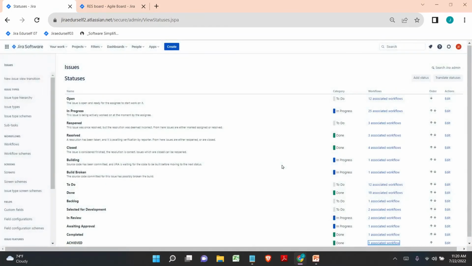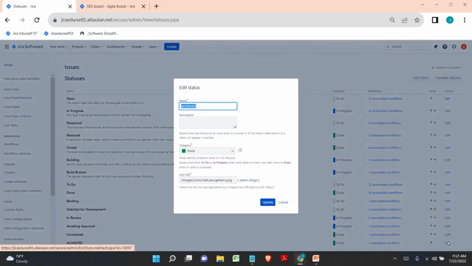And then if we would like to order the workflow statuses in ascending order or descending order, we can make use of the arrow marks. And if we want to do some kind of edits, if we want to change the name of the status or if we want to change the category, we can make use of the edit button in the global